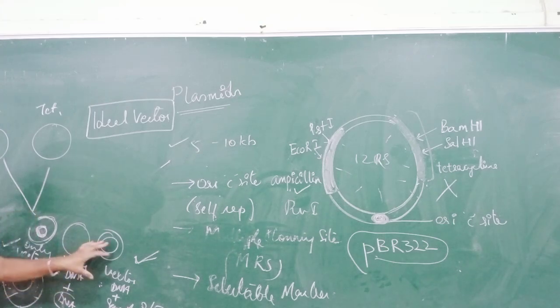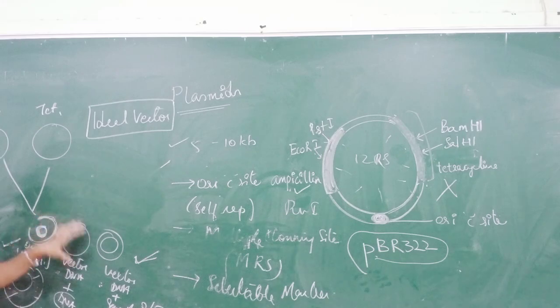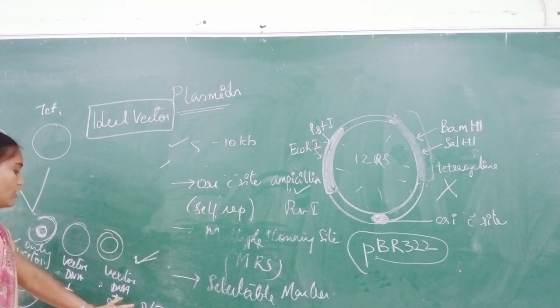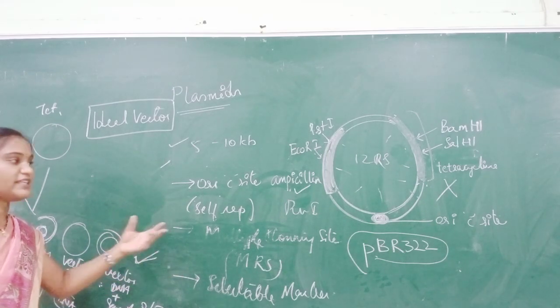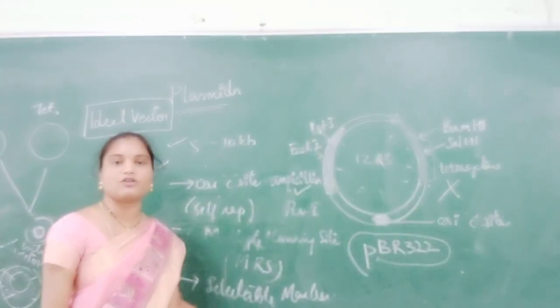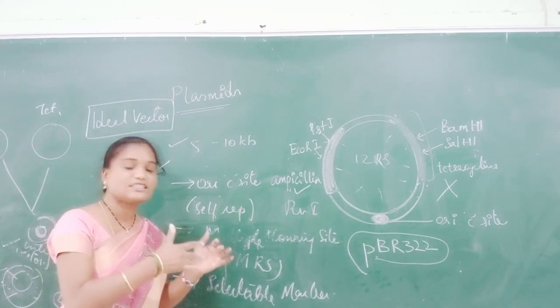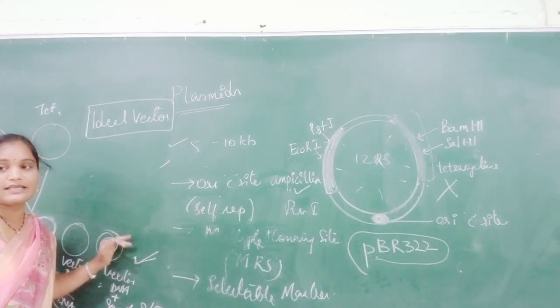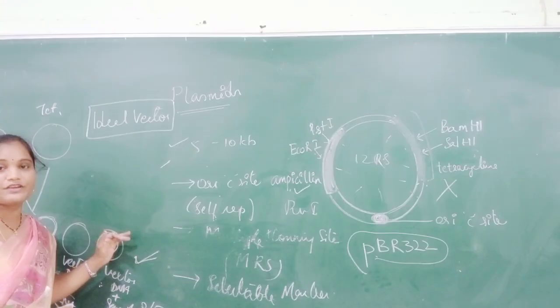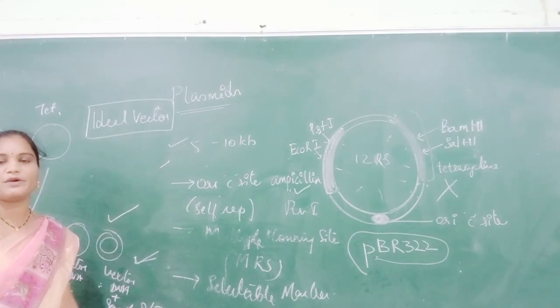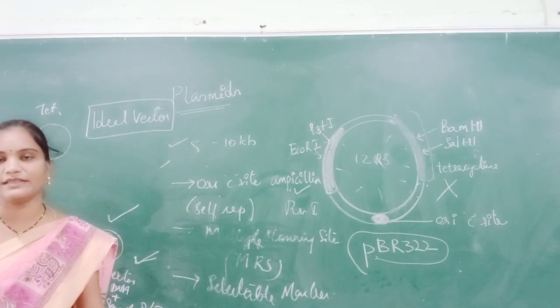In the second case, the placing of the DNA molecule, the placing of the gene of interest, will clarify whether it shows growth on your ampicillin or also on your tetracycline. In the third case, same thing, placing of your DNA molecule, DNA insert on your tetracycline and ampicillin. So this particular rDNA molecule should be easily identified and taken for your growth, isn't it? So this is how the selectable marker property is applied with your pBR322.